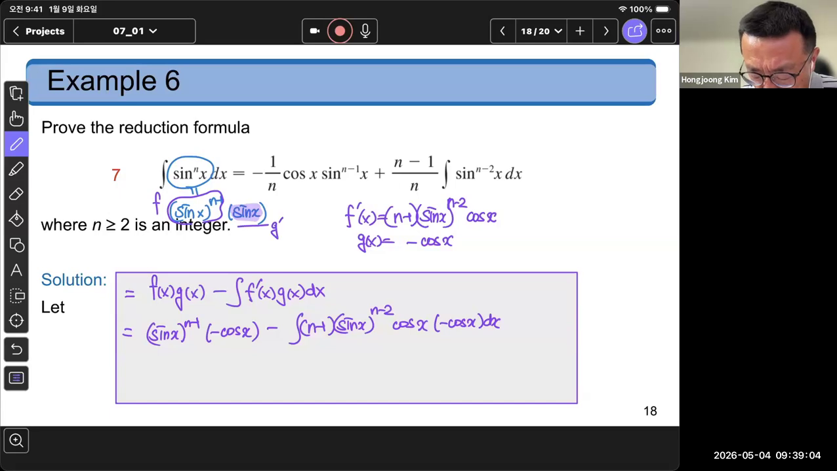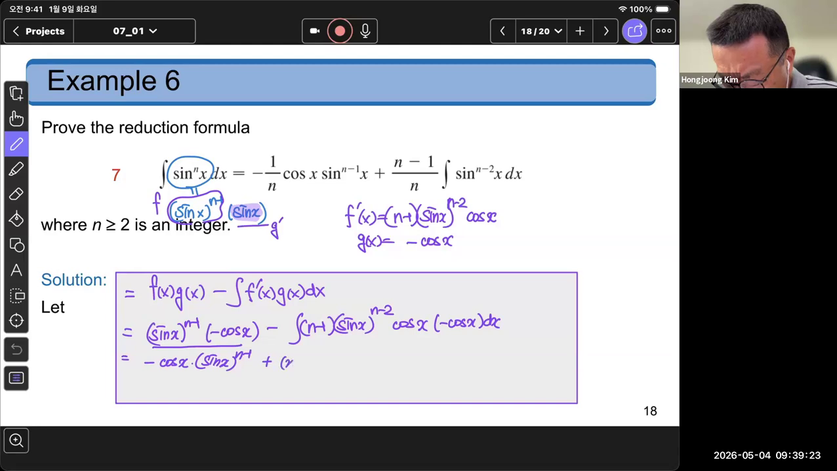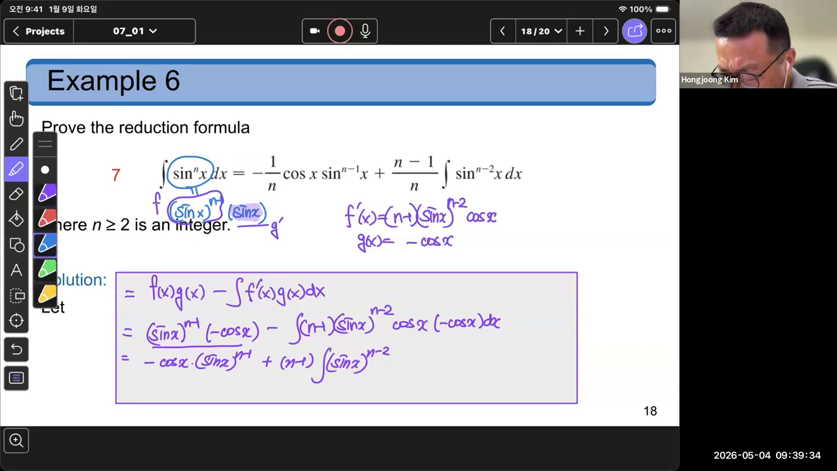Okay, so that will be, from the first term we get negative cosine x times sine x to the n minus 1. Now here I have n minus 1 times sine x to the n minus 2, and then I have one cosine, that one negative here and another negative sign here, so they will make a plus sign, plus